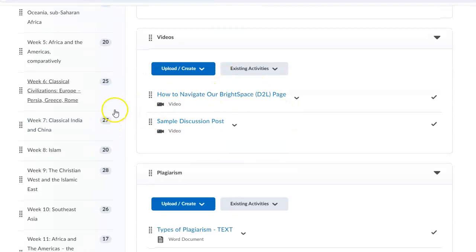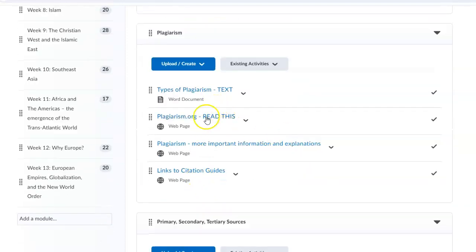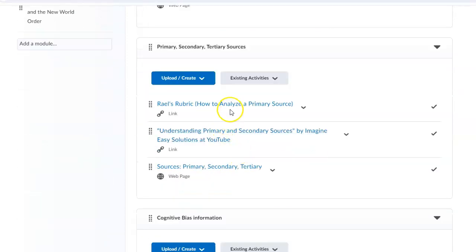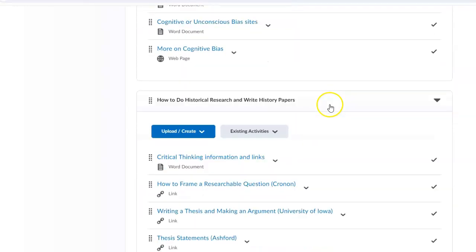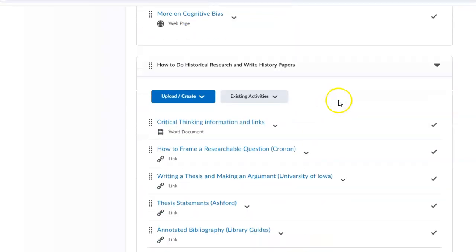In fact, this particular video is going to be located here. It'll also be attached to the welcome announcement, so you can see it there, and I'll also email it to you. But if you want more information on plagiarism, which we will talk about in depth, it is here. If you want more information on the differences between primary, secondary, and tertiary sources, it's going to be here. Also, cognitive bias, because again, on Monday, we're going to be talking about bias, particularly unconscious bias, which is what, as critical thinkers, you will be introduced to and expected by the end of the course to understand how to